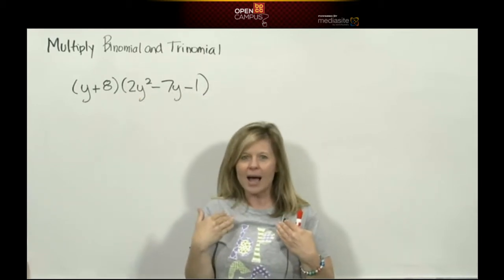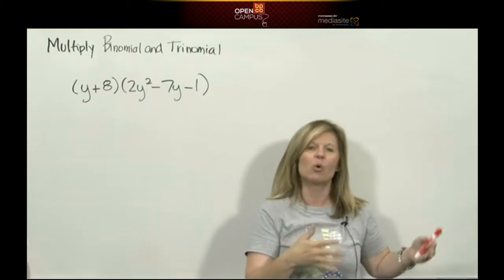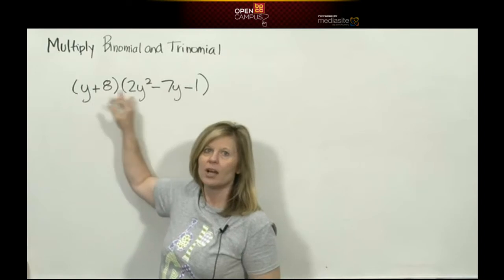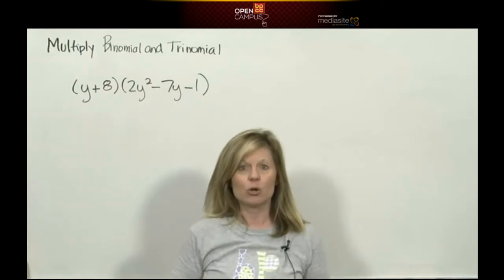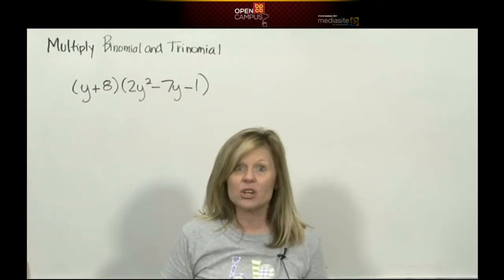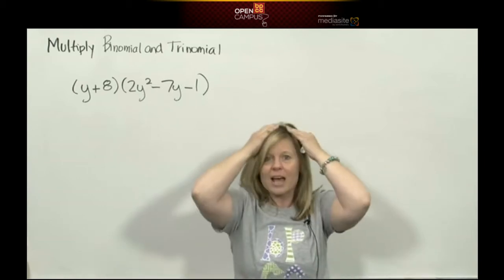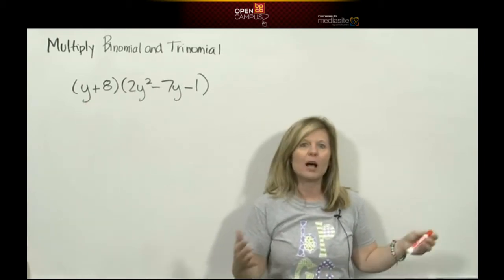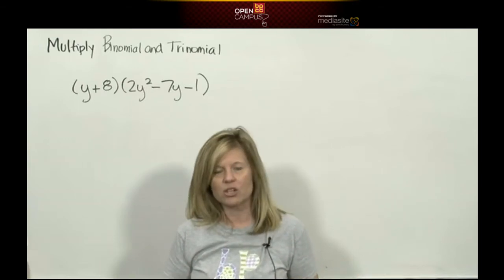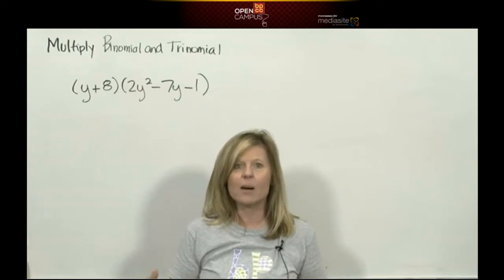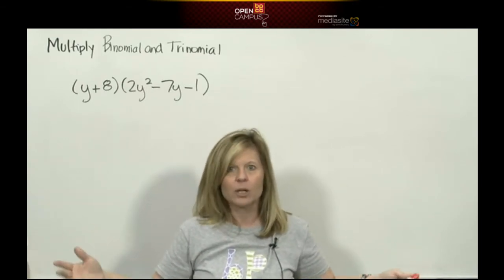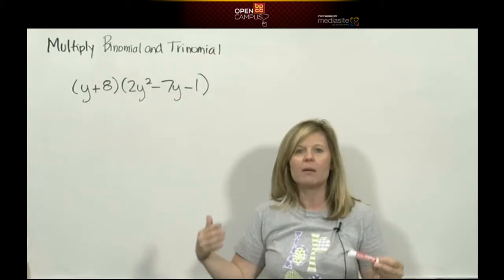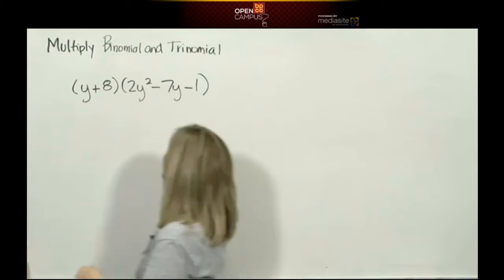Again, in my eyes, everybody think about this related to what your past experience has been in math. This is two terms times three terms. That's like a 2-digit number times a 3-digit number. There's no way you can do that in your head. There's got to be a paper trail. When we multiply a 2-digit number times a 3-digit number in arithmetic, we line up the number with the more place value. So again, if we're multiplying a binomial times a trinomial, we would line up first the one with more place value. So I would write